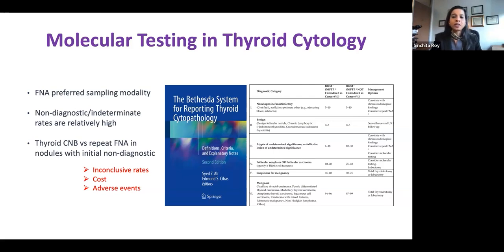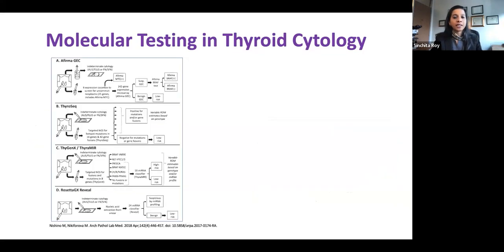And so if you're using the Bethesda classification for thyroid, you'll see that the indeterminate diagnoses actually have a recommendation for considering molecular testing to help refine that diagnosis. And there are a bunch of commercial assays. At least here in the United States, we have the option of picking any of these commercial assays for thyroid cytology. And each one is a little different.